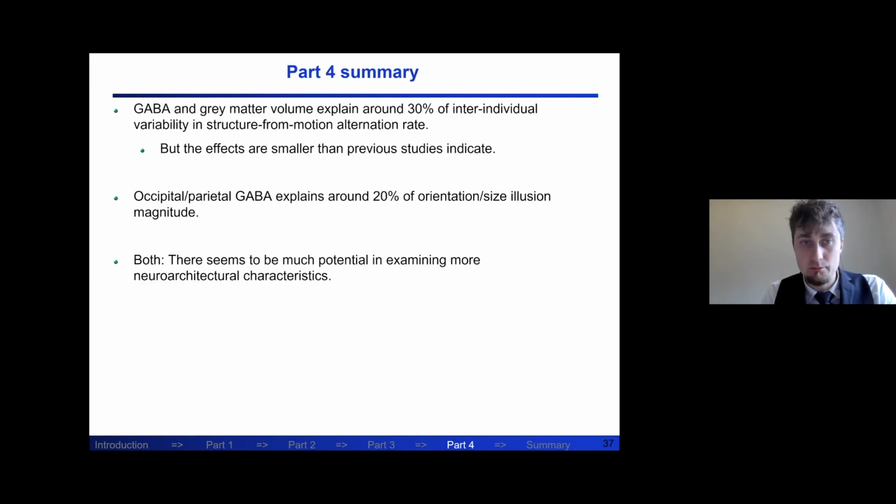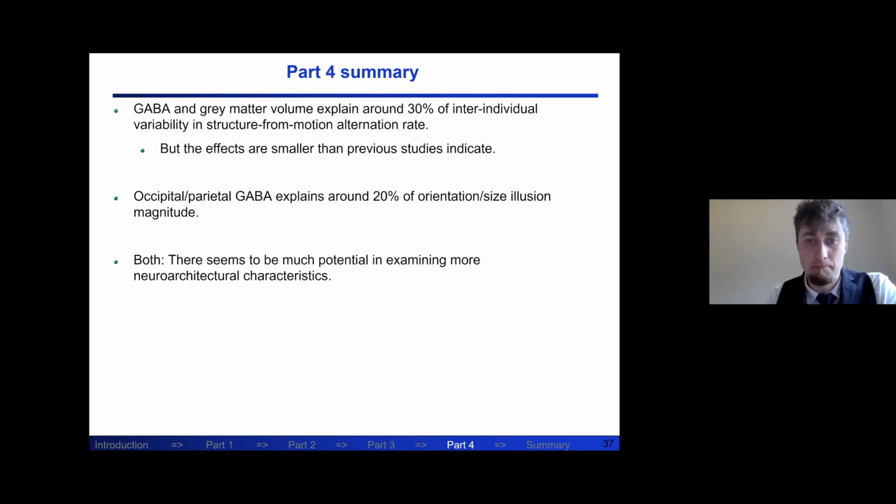So, summarizing on this part, we have GABA and gray matter volume explain around 30% of the individual differences in structure for motion alternation rates, but the effects are smaller than previous studies indicate, and occipital parietal GABA explains around 20% of these two illusions